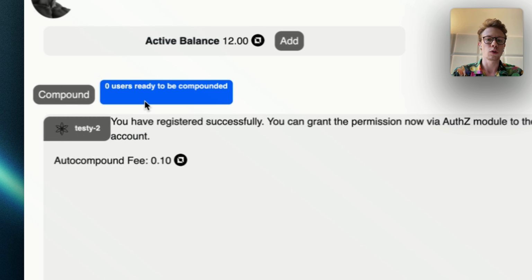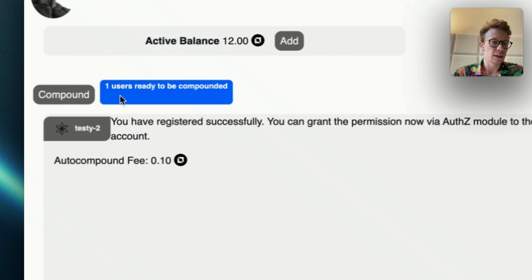And the idea is also that the user can set this up themselves and pay fees depending on how often they need to do this. On most chains with relatively low APR, it doesn't make sense to do it very often, but on high APR chains, it actually makes sense to do it more often.